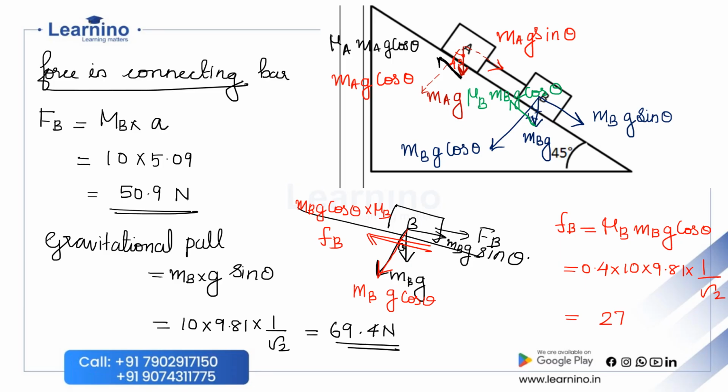equal to 27.8 Newton. Okay, and if you see this system, we are having two downward forces, one upward force. So that force will be equal to what? Tension. Okay, otherwise we can write, tension I am considering in the upward direction.